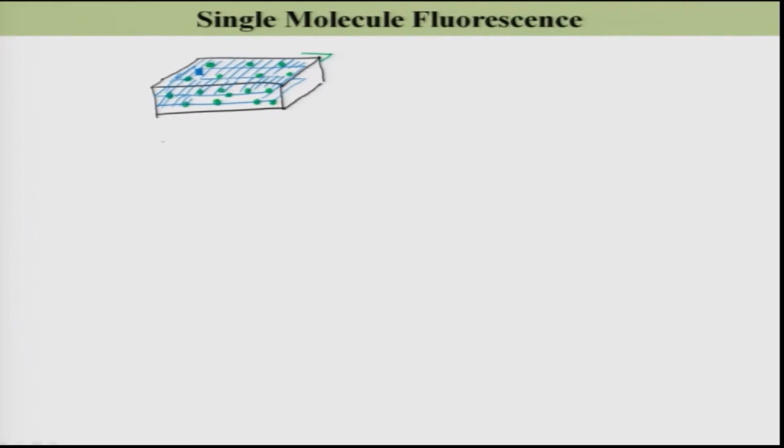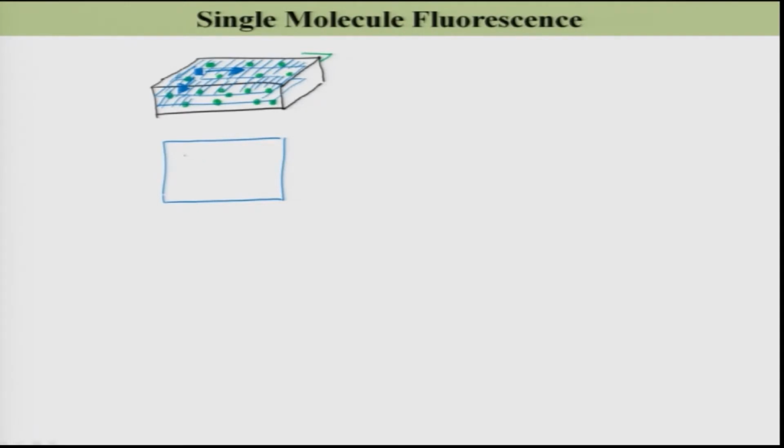Now, if you look at one of these layers, what are you going to see? You are going to see these molecules, because you will scan this observation volume. The observation volume is here, then you scan in the xy plane, in the xy direction, so you will image everything. After you scan the whole thing at a particular plane out of this slab,